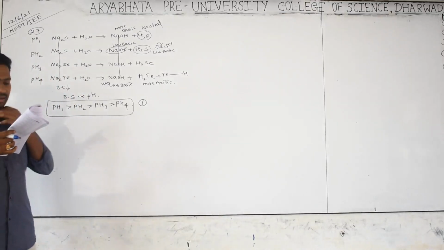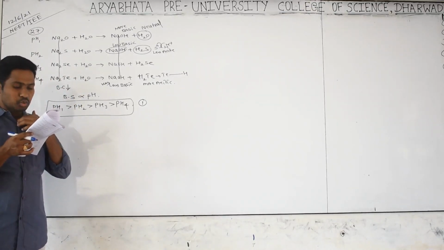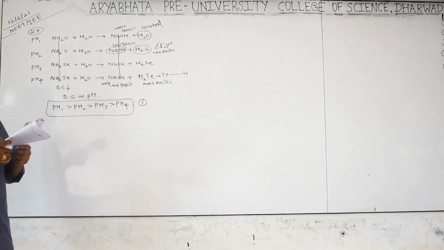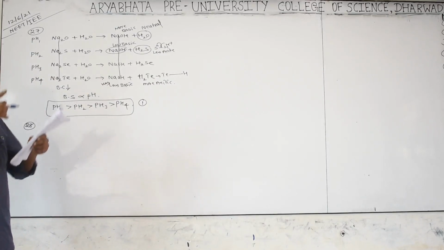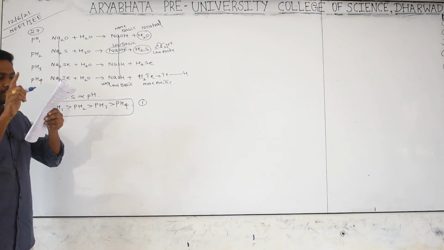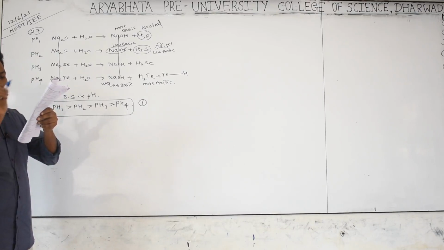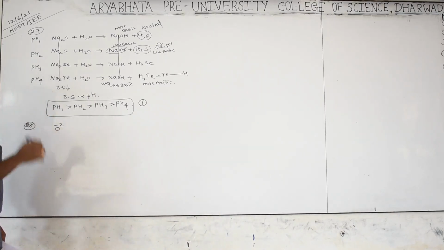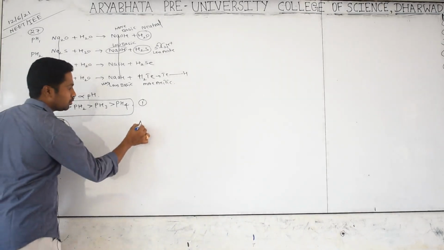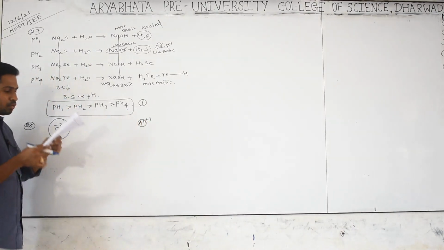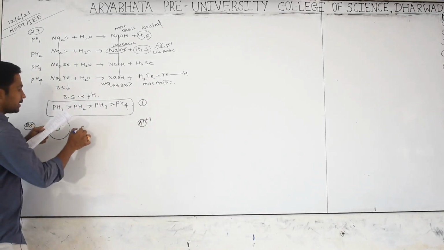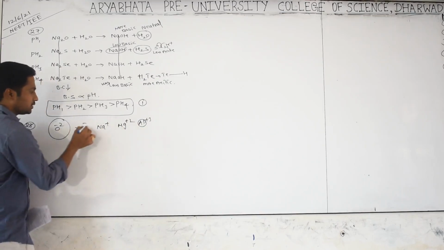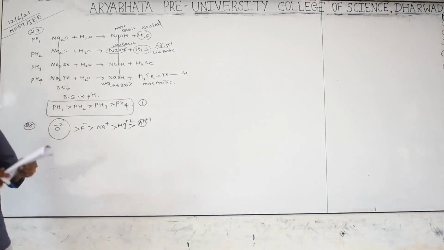Ions are given, and their ionic radii show a significant increase from aluminum to this one. No, why? Charge is inversely proportional to size, that's why. Okay, a significant decrease from where to where, O minus 2 to Al plus 3. Why? Because O minus 2 has a small charge and a bigger size. From there to here, aluminum has the bigger charge and small size. What are the middle particles? F minus and Na plus, after that Mg plus 2. That's why this is the order of decreasing size of the particles.